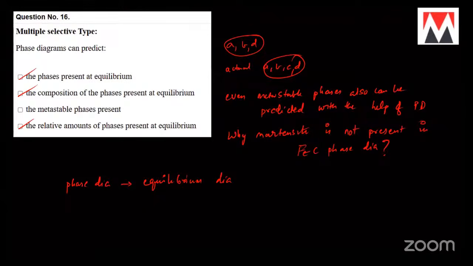Because in your BTech, you won't be learning much of aluminium, copper alloys, everything which includes metastable phases. The only metastable phase included is in the iron carbon phase diagram, and you learn only about martensite. So according to the BTech syllabus, the phase diagram can't predict metastable phases. But actually in reality, even those formed with equilibrium cooling, you can predict. So the answer is only ABD as of now. If you do a PhD or anything, then you need to understand this point also.